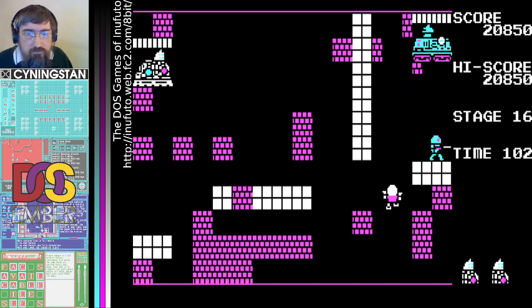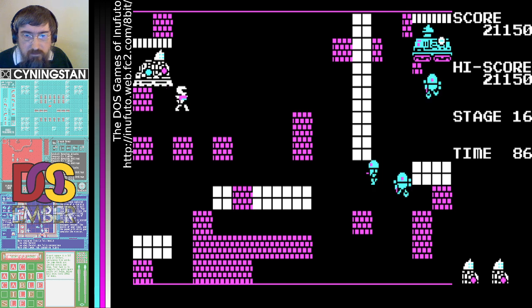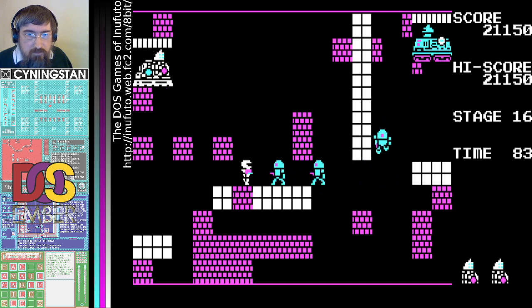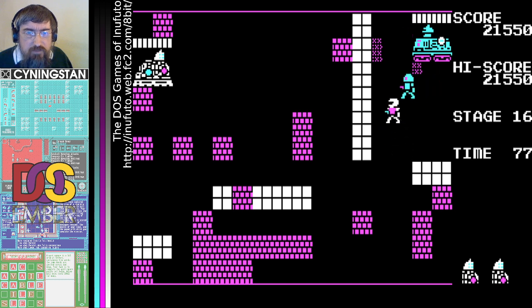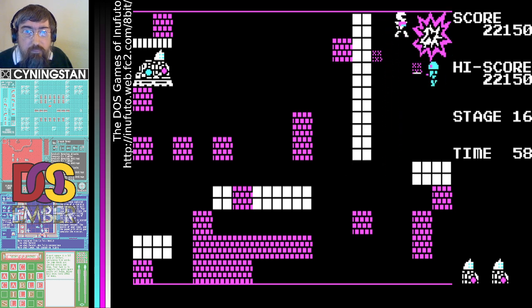Well, one of them's having a little dance, that's fine. Let's see if it bothers to move from that space. No, it doesn't. Yes, I'm not losing lives when my little robot soldier thing dies. Which is making this whole thing quite a lot easier. Although, having said that, I'm having trouble getting near their tank now. Or I was.